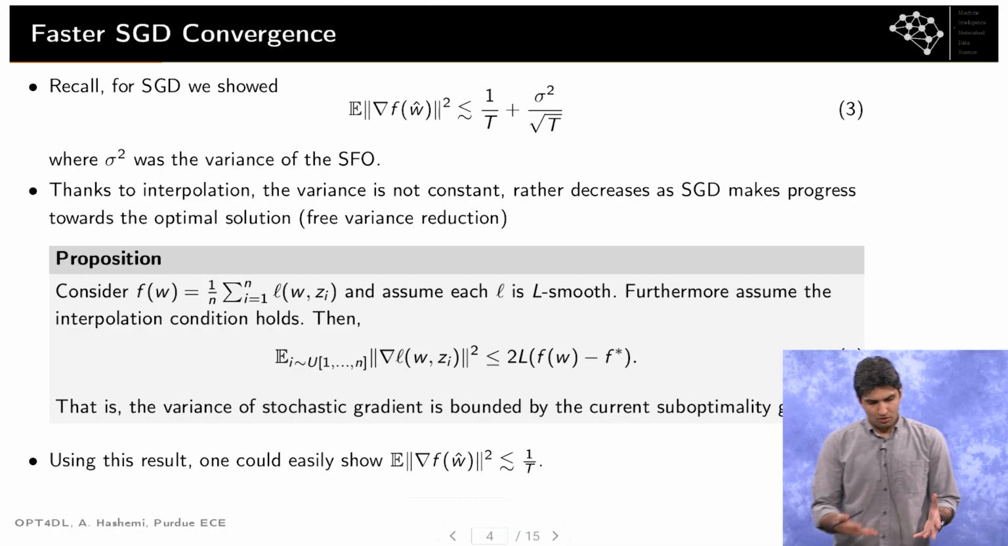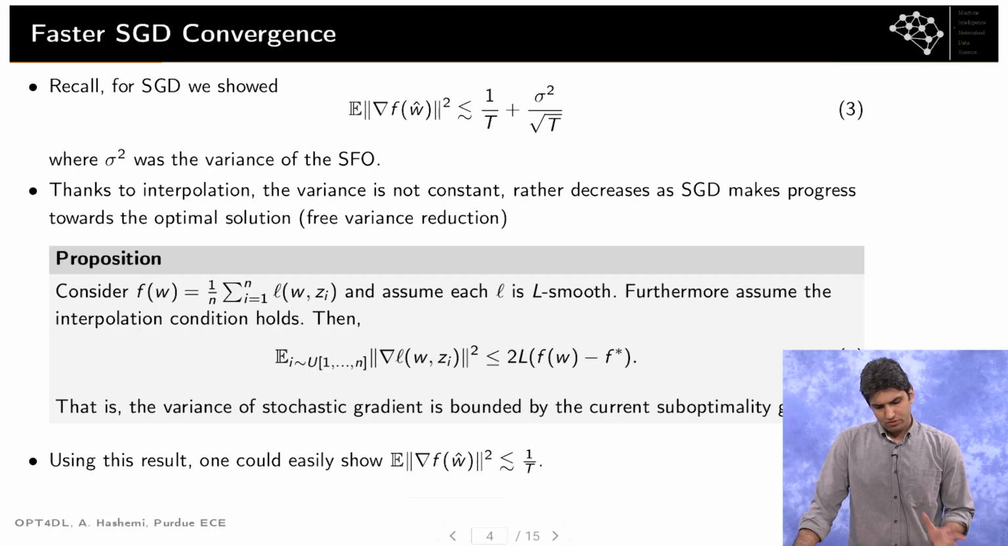All right, so again, we're going to talk about interpolation and show the benefit of overparameterization for the simple case where we are training our deep learning model using our simple and nice algorithm, SGD. Okay, so let's first recall the rate of convergence we established for SGD for broad non-convex functions that were smooth,